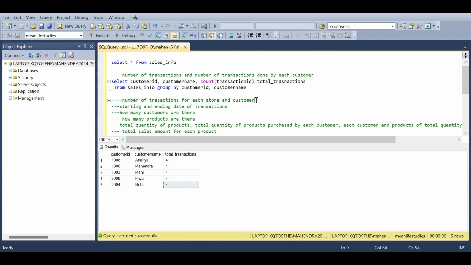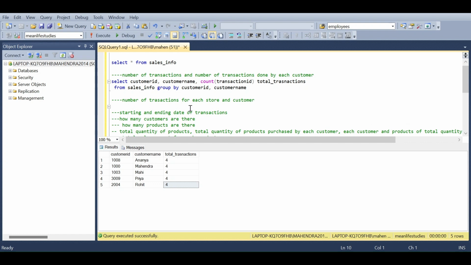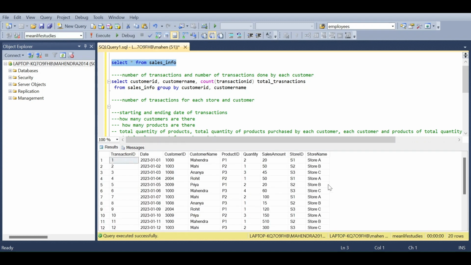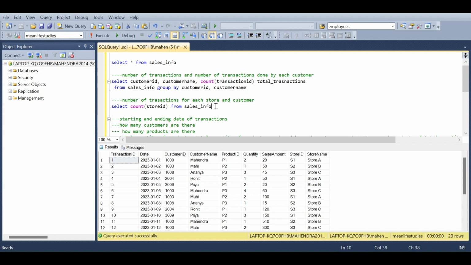Now we'll solve the second one, that is the number of transactions for each store and customer, right? Now we'll see the table. You can see here we have a number of stores, right? First we need to find how many stores there are. Let's see. Select, similarly we need to use count of store ID from sales info. If you execute this one, you will find the number of stores as